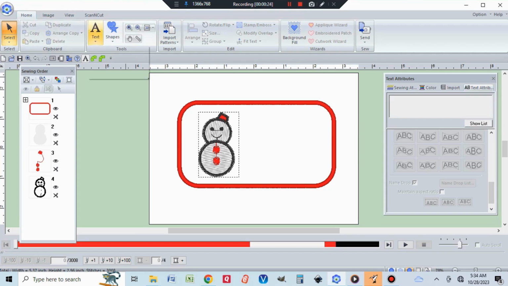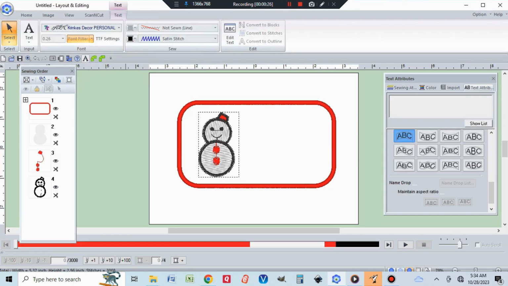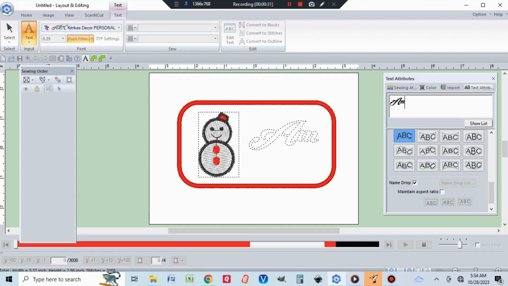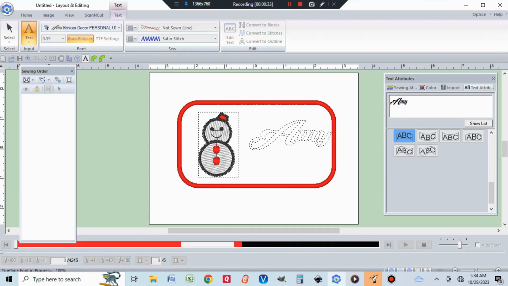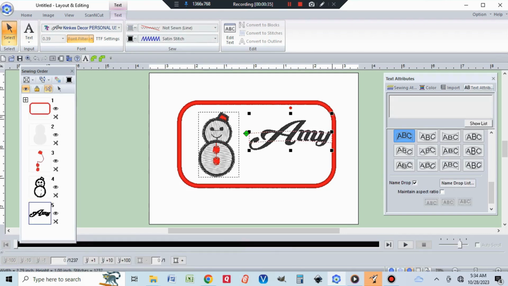I'm going to go up to the text, click on the big A, click where I'd like to place my name, click enter, resize it to where I like it,